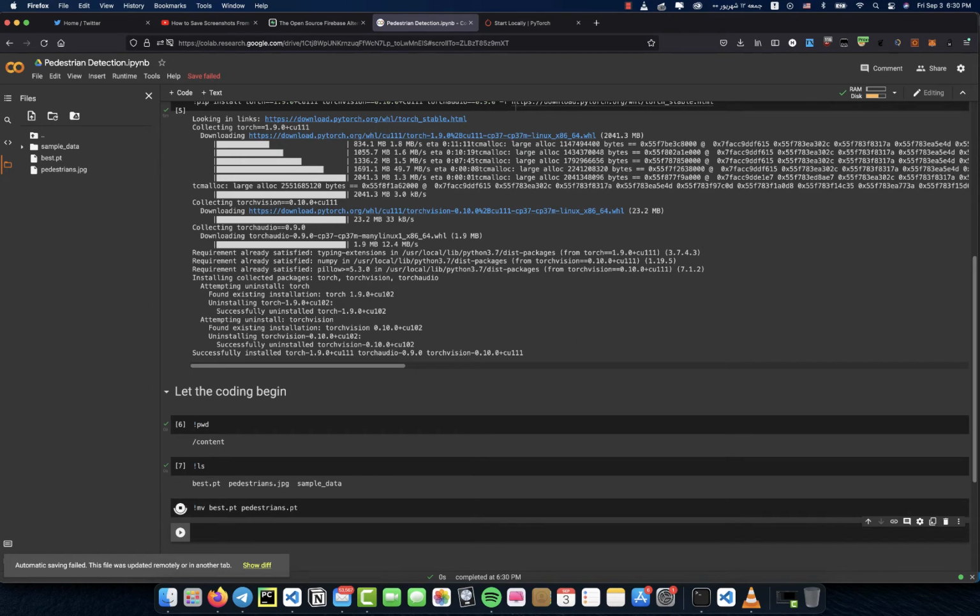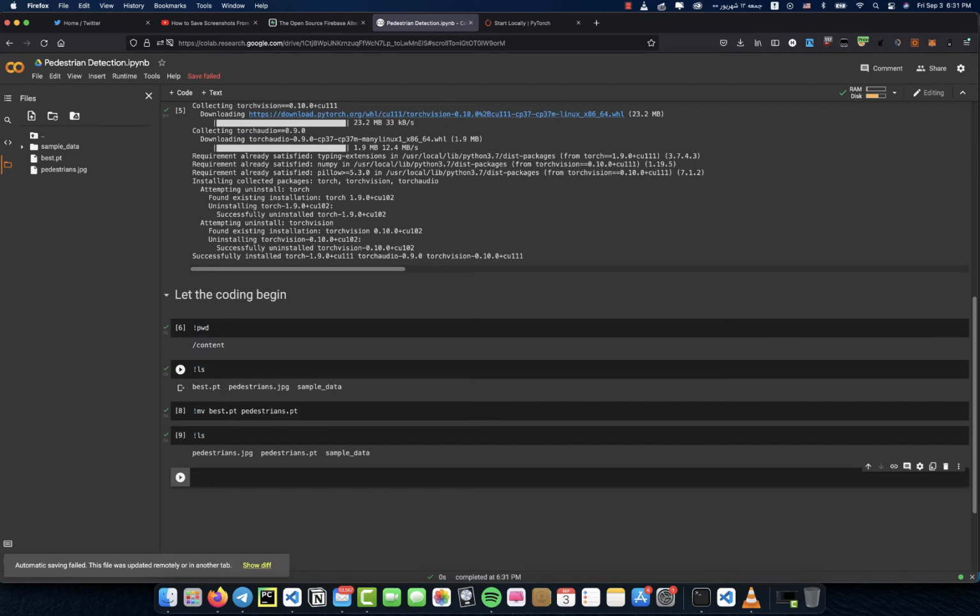pedestrians.pt. And here it should be changing. If I just list my directory again, we see pedestrians.pt. Actually, let me go up and down. You see pedestrians.pt. So this is the very first thing we are going to do, having our weights file with a proper name. Then I say import torch,